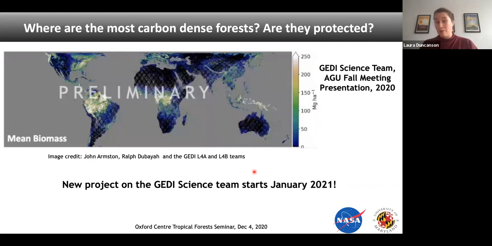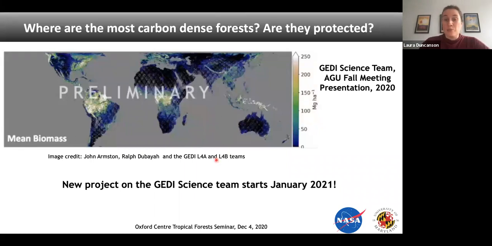And if they don't, can we point to those as places that are higher conservation priority? And of course, carbon is not the only thing that's important here. There's biodiversity, and there are a lot of other considerations, but this is just filling in the carbon part of that, again, through collaborations with Conservation International.